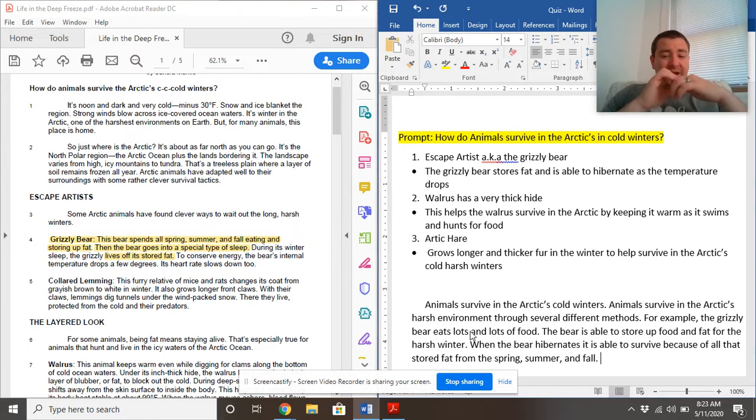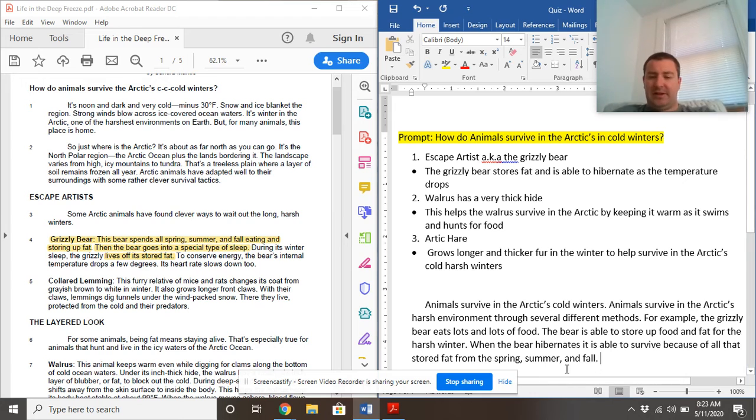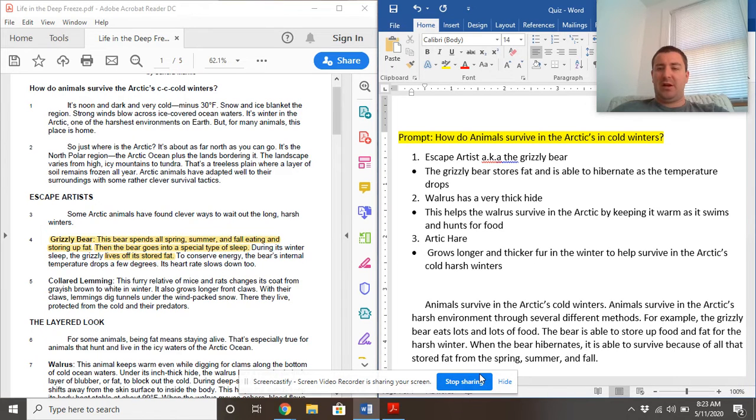Okay, so let's take a look at what I got. For example, the grizzly bear eats lots and lots of food. The bear is able to store up food and fat for the harsh winter. When the bear hibernates, you know what? Let's add a comma there. When the bear hibernates, comma, it is able to survive because of all that stored fat from the spring, summer, and fall. All right, so that's my first example of